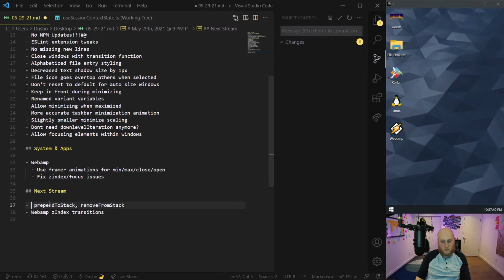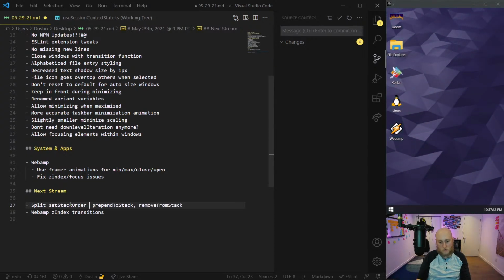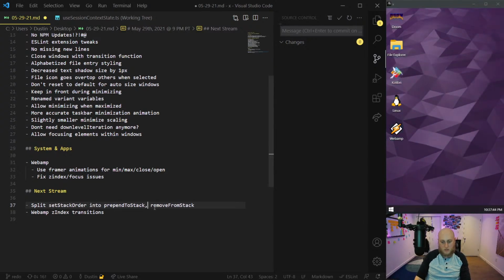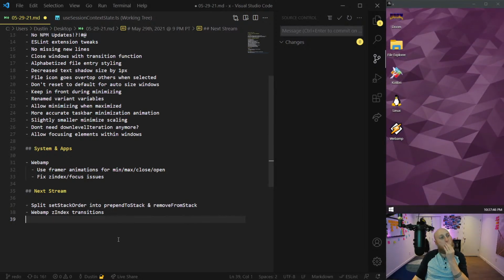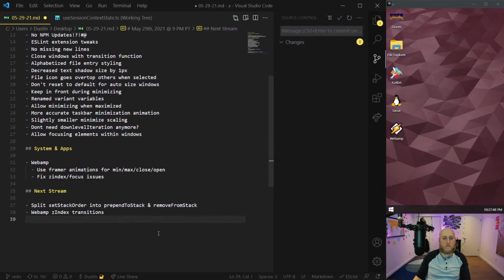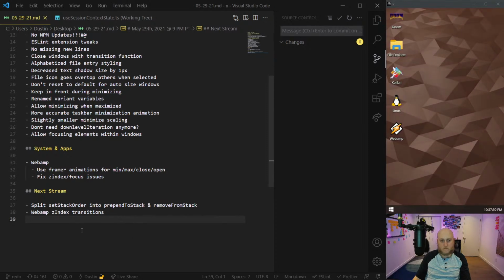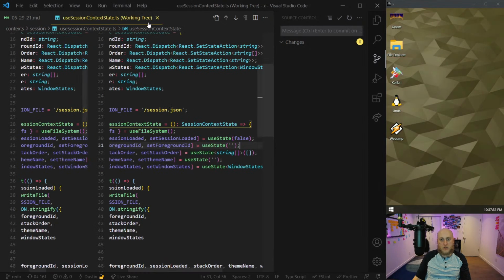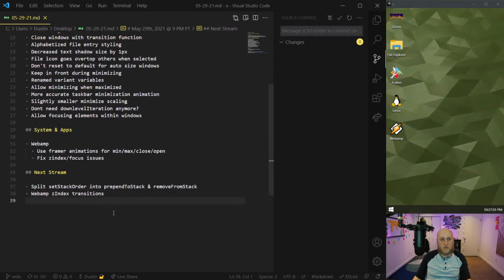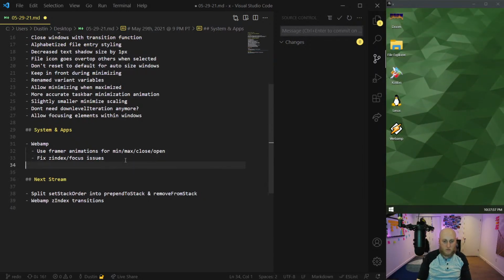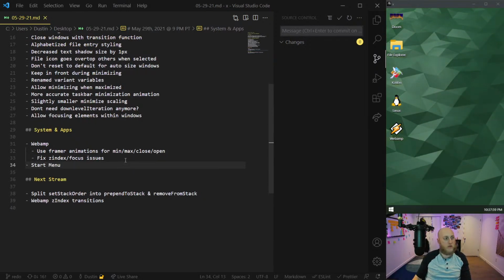I'll say split set stack order into prepend to stack and remove from stack. That's all I care about, actually. So we made notes of that, so I don't have the to-do anymore, but I do want to do that change. So let's get to the part where we do the start menu.